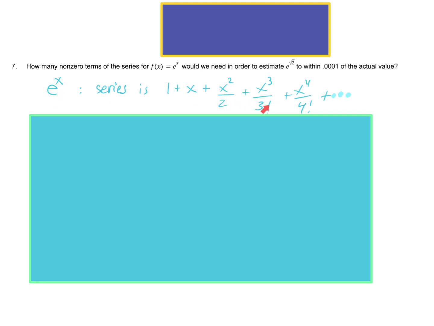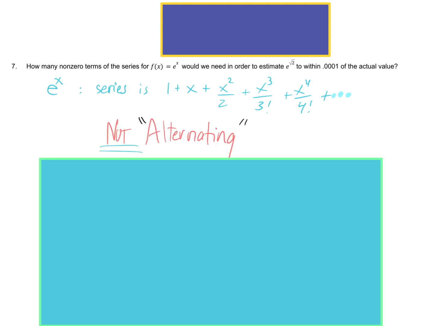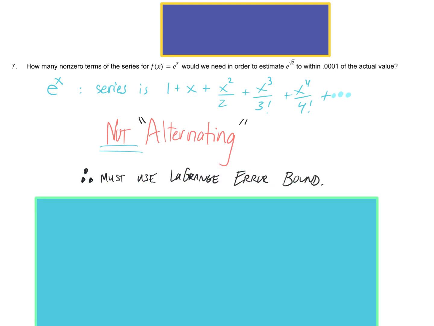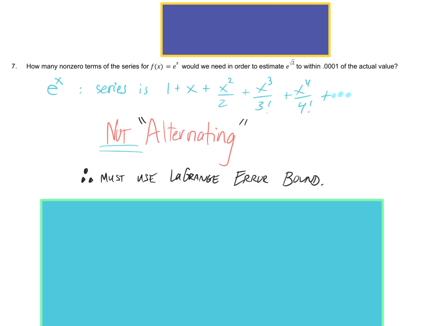e's series should be memorized. It's one of the 4. Recall, you should have memorized the series for these 4 functions, including the first 4 terms, the general term, summation notation, and the interval of convergence. Since this series for e is not alternating, we will need to use the Lagrange error bound idea,